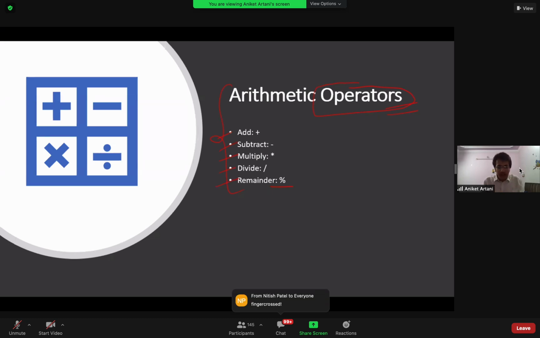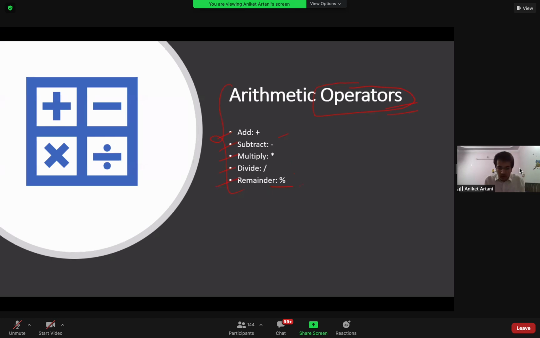An operator is a character that performs a task in our code. JavaScript has several inbuilt arithmetic operators that allow us to perform mathematical calculations on numbers. These inbuilt operators are addition, subtract, multiply, divide, and remainder.